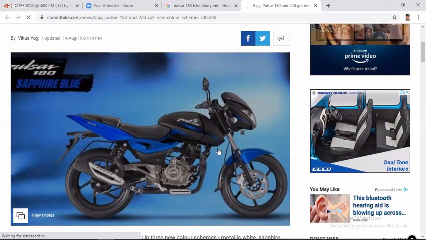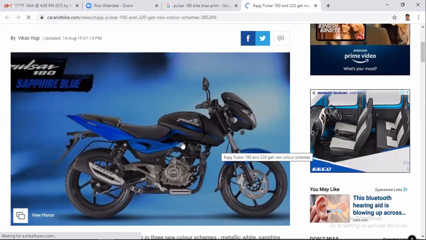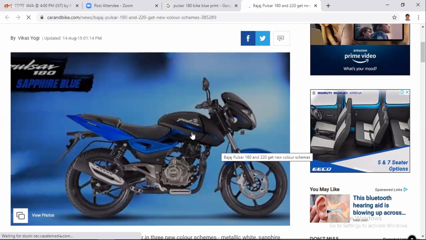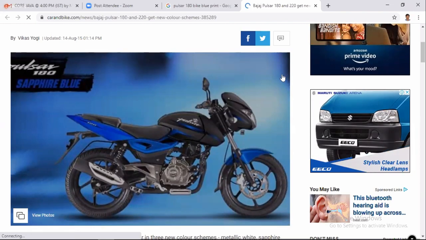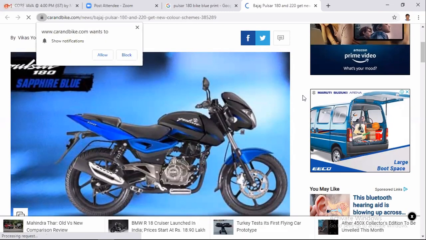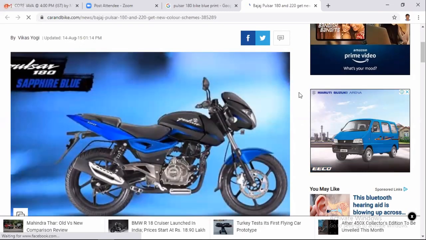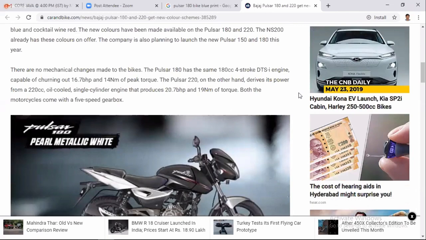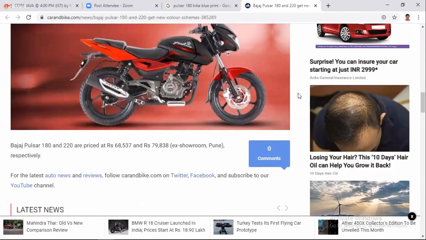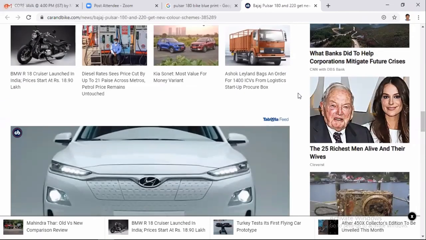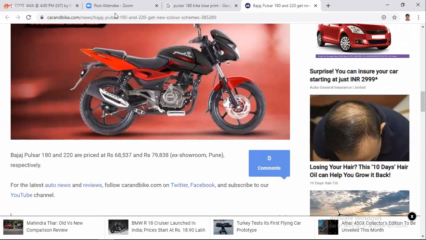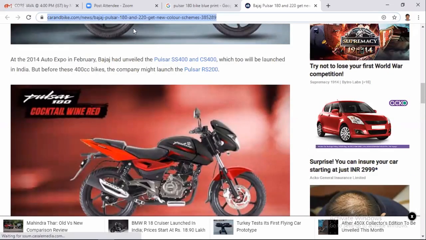Then they gave this blueprint to whom? To the backside manufacturing department. Now the manufacturing department started manufacturing the first bike, second bike, third bike.